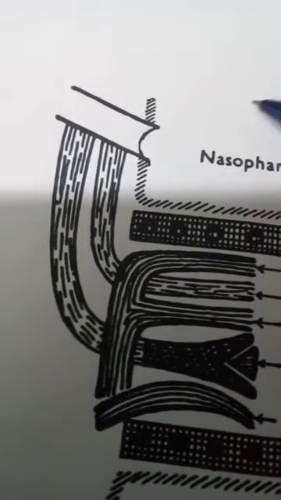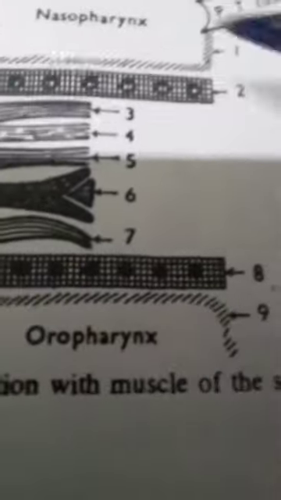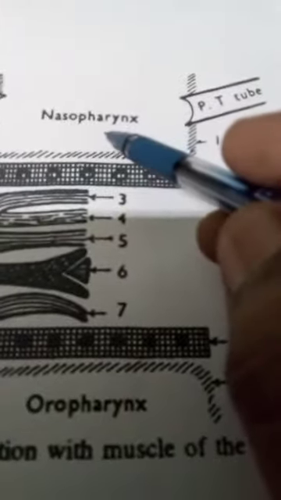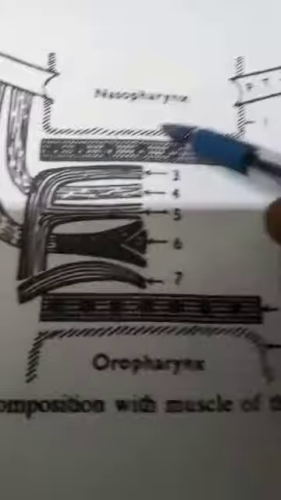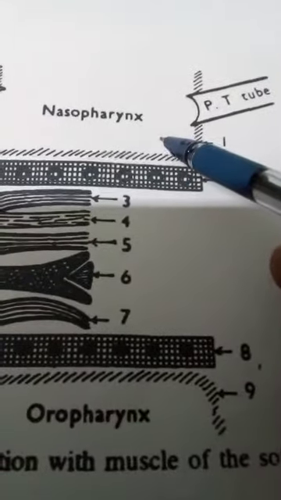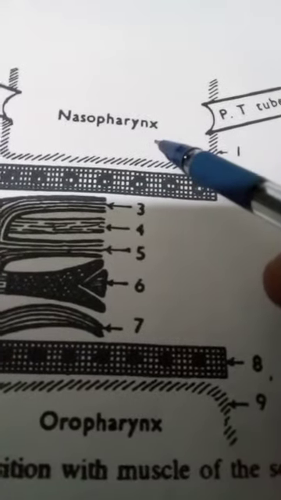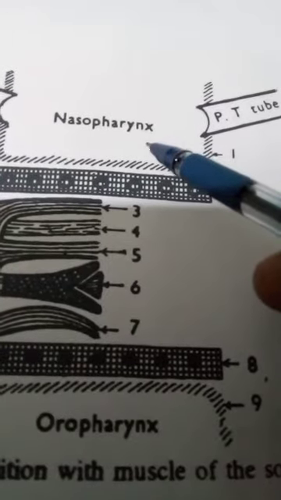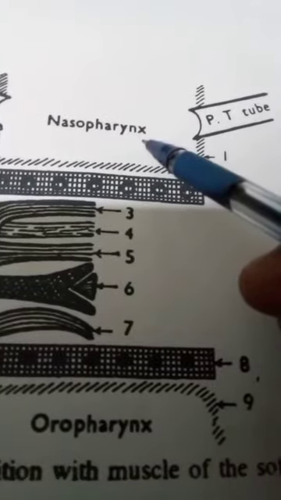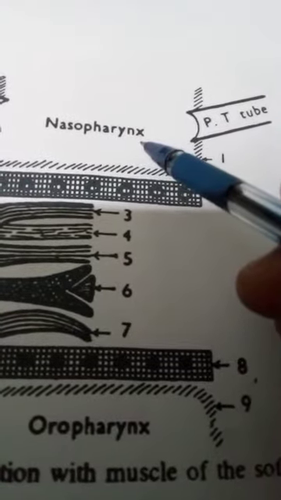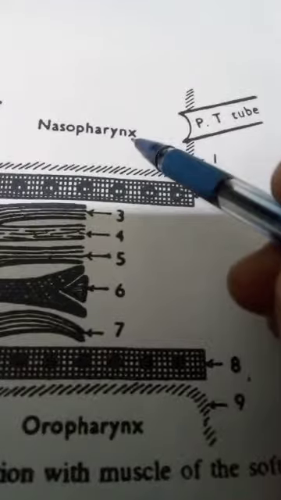This is the nasal cavity and this is the oral cavity. First, you will see in the nasal cavity the mucous membrane of the nasopharynx, which is lined by ciliated columnar epithelium, except in the posterior part where it is stratified squamous epithelium. As this part of soft palate comes in contact with the roof of the nasopharynx every time when the nasopharyngeal isthmus is closed during deglutition.